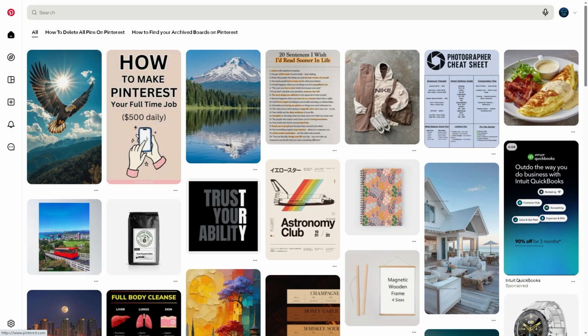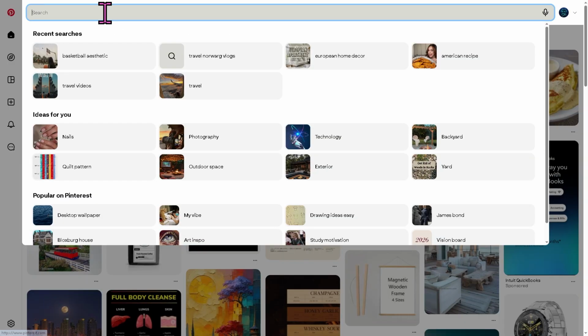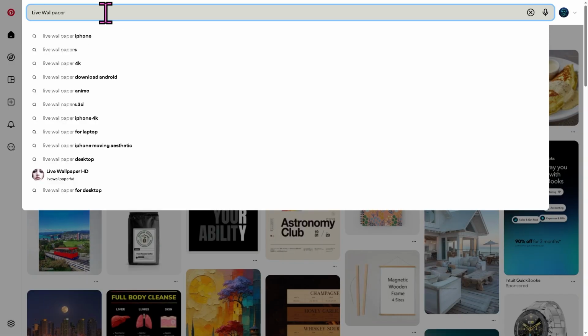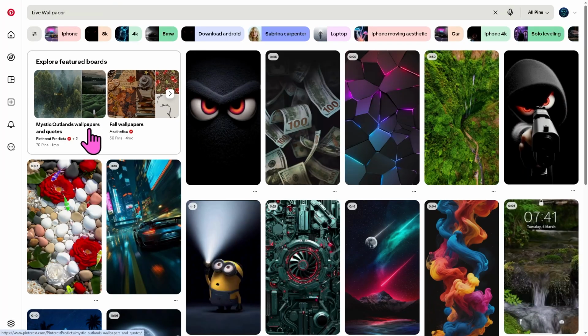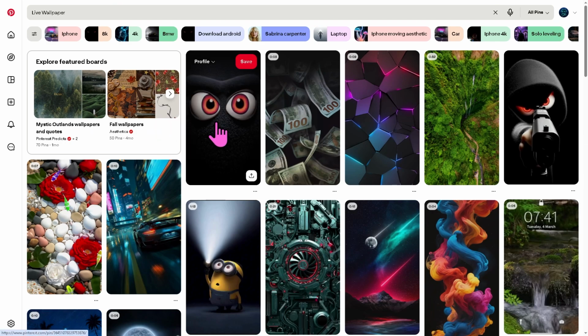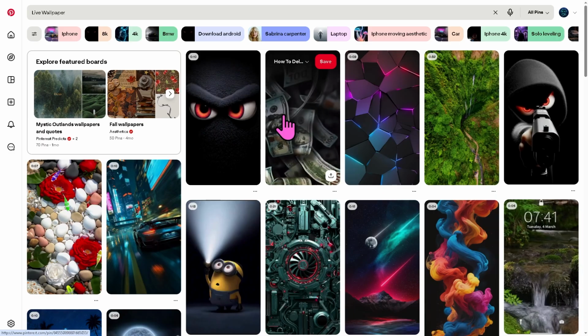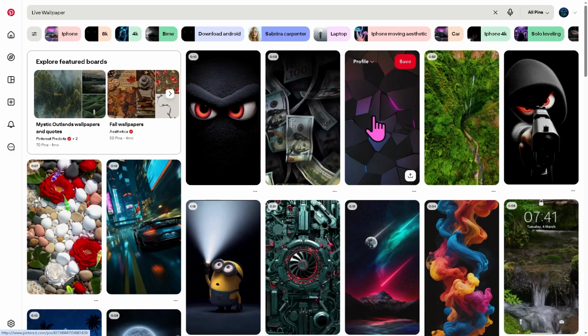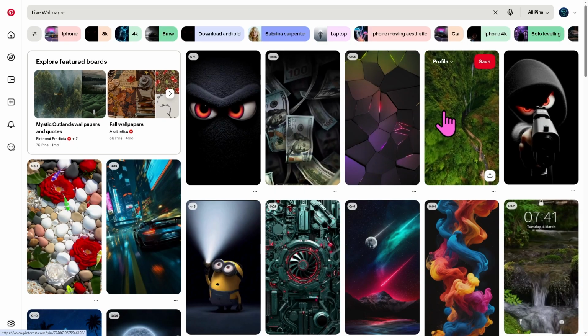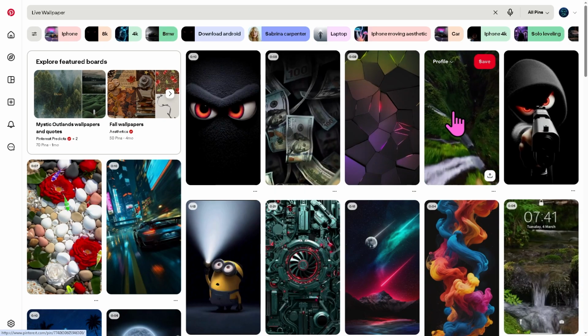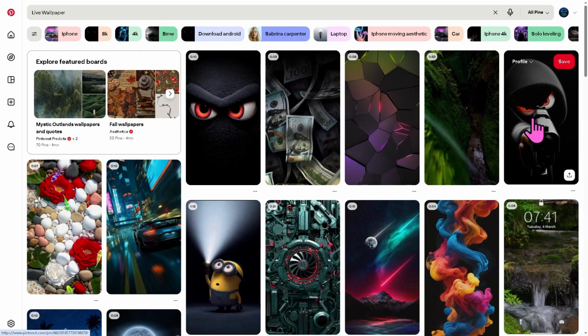Let's begin. Now, the first thing that you need to do is log in using your credentials and then go to the search bar and type in live wallpaper. You can browse and search for a live wallpaper you want, but the idea is you want to make sure that the wallpaper is animated and it's moving. Look for videos and not static pages because live wallpapers are usually uploaded as short videos